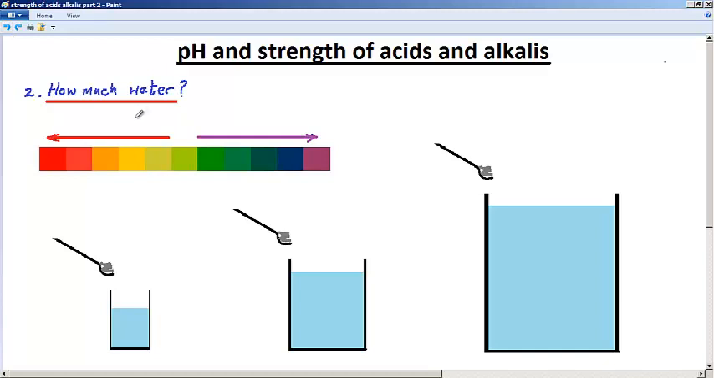In the last lesson, we learned that the pH of a solution is a measure of the concentration of hydrogen ions. Here, the square brackets mean concentration, or concentration of hydrogen ions in that solution. We learned that as the concentration of hydroxide ions increases, the pH increases from 7, 8, 9, 10, right up to 14. And as the concentration of hydrogen ions increases, the pH decreases from 6